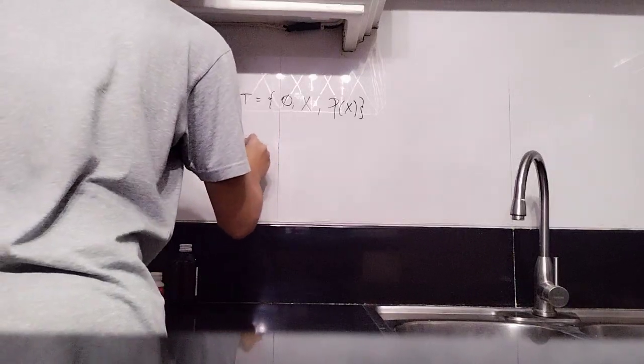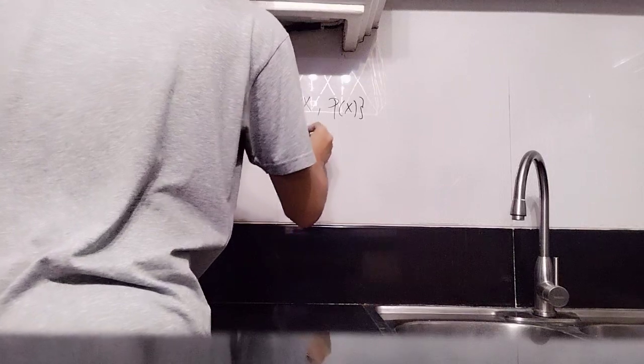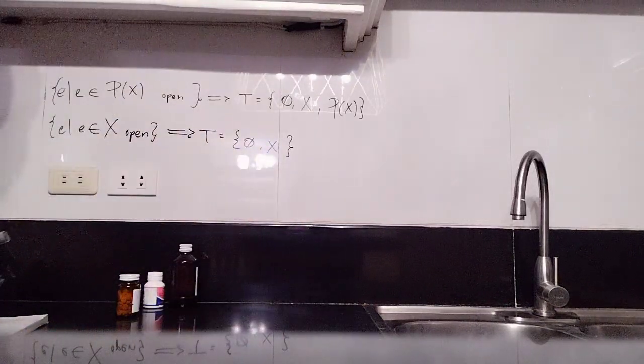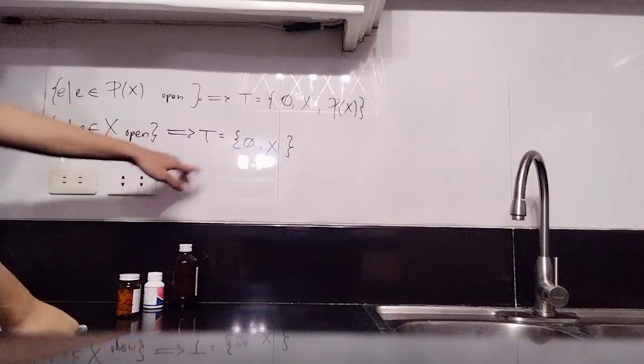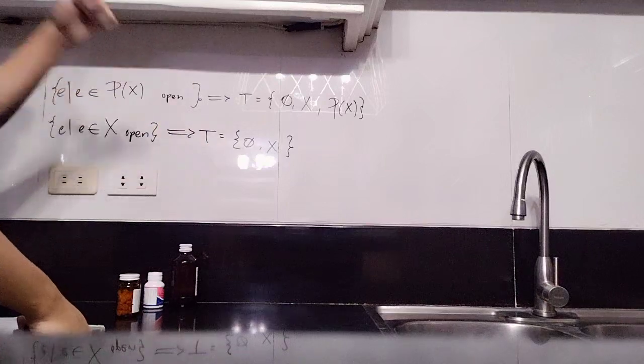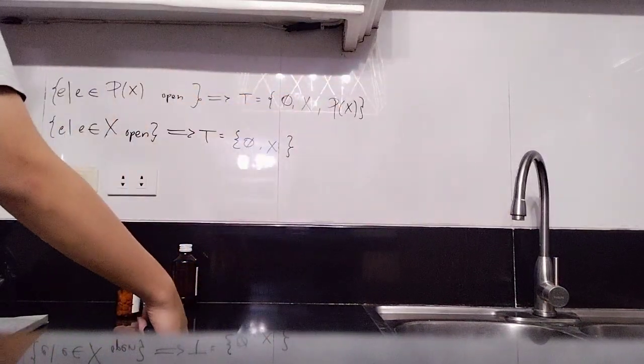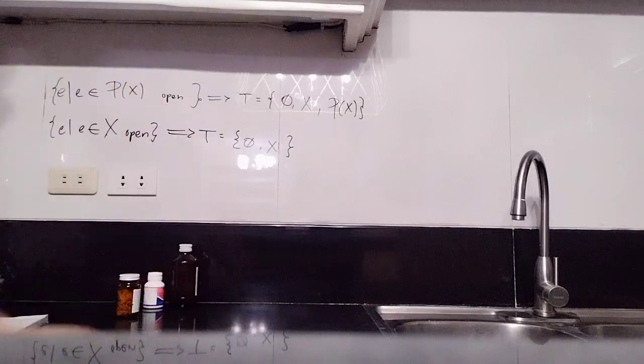Now this one over here is what generates the topology. Of course, the empty set and X, and that's it. Actually, this is it. And that is the indiscrete topology. Equipping X with this topology, like when we do this, we equip X to obtain the discrete topology. This one would give us the indiscrete topology. So we don't specify exactly what the subsets of X are. We just say that it is X, the entirety of X.